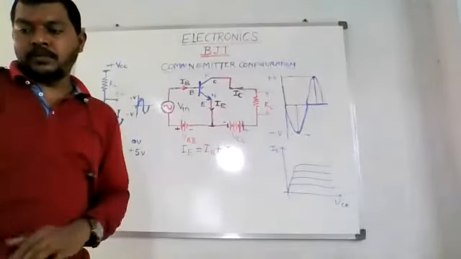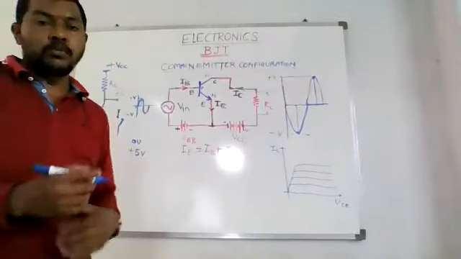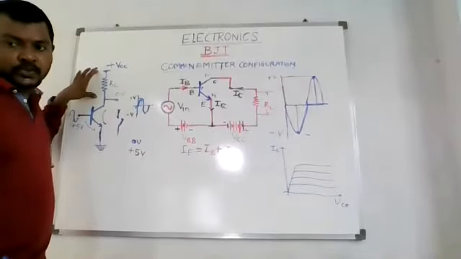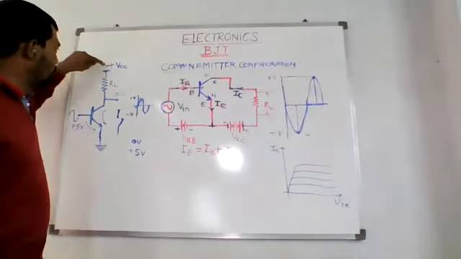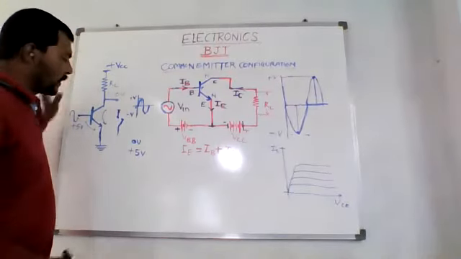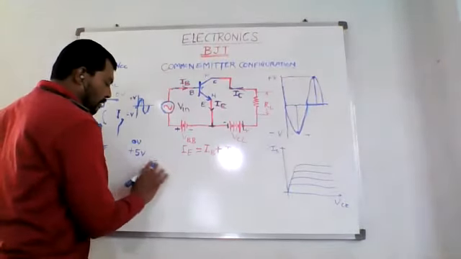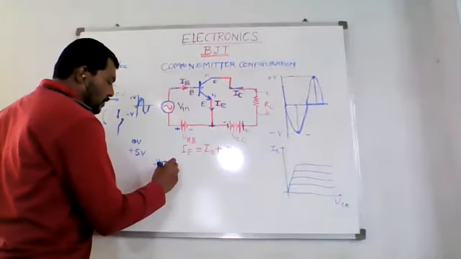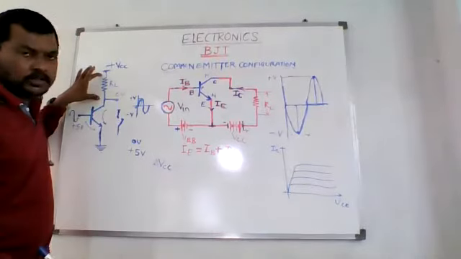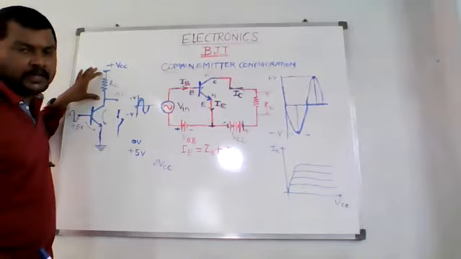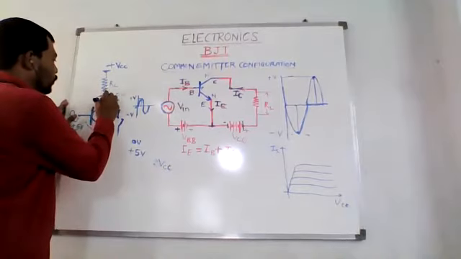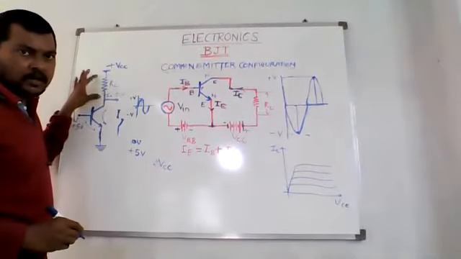Now there is a formula which we can calculate from here. We have two voltages over here. This is the whole voltage, that is plus VCC, between the ground and the positive VCC. So the total voltage is VCC. Now this VCC is divided into two parts. The first one is across this load resistance, so we can write it as ICRC, or ICRL. This is the collector current that is supposed to flow through it.